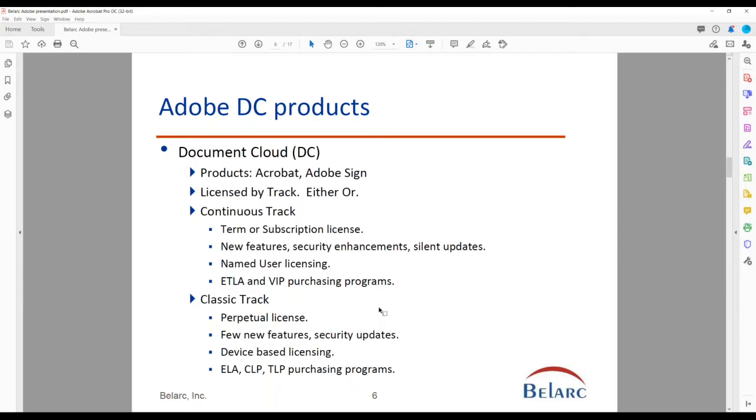So you can either be on what's called a continuous track, and that's a term or subscription license, or you can be on the classic track, and that still allows you to have perpetual licenses. So the idea behind it is obviously Adobe is pushing more and more people towards the term or subscription license. So they're adding, or claim to be adding, new features, some security enhancements to the continuous track that